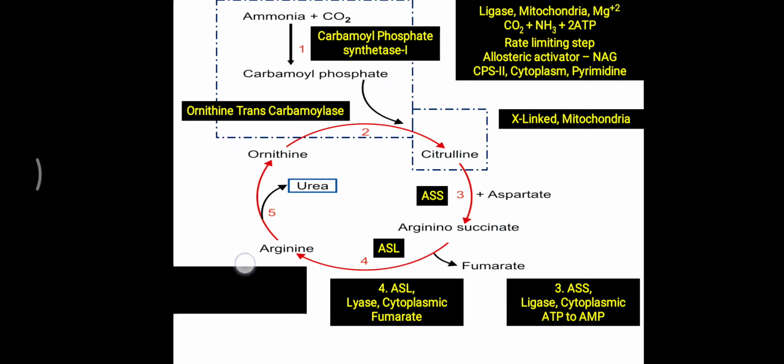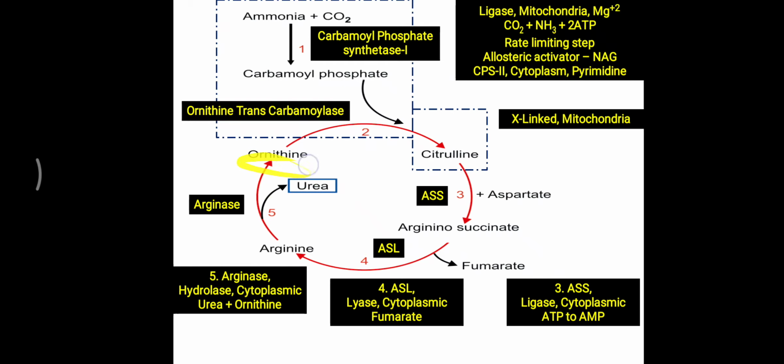Now finally, from this arginine, ornithine plus urea is generated. So the final product of the urea cycle is urea. Urea is generated in the fifth step of this urea cycle with the help of the enzyme arginase. Arginase is one kind of hydrolase variety of enzyme, meaning a water molecule is added, and with the help of that water molecule and the enzyme arginase, arginine is broken down into urea, and finally the ornithine molecule is back. So arginase, one kind of hydrolase present in the cytoplasm, generates urea and ornithine. This ornithine generated inside the cytoplasm goes back again into the mitochondria.